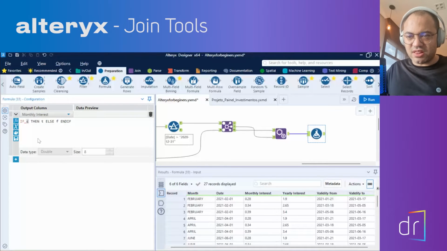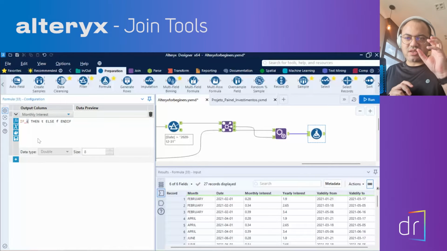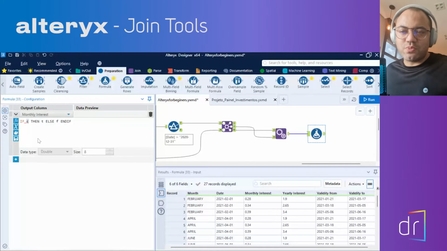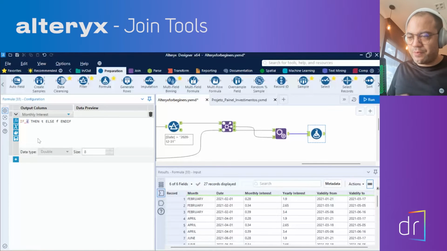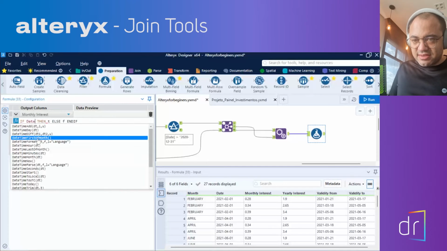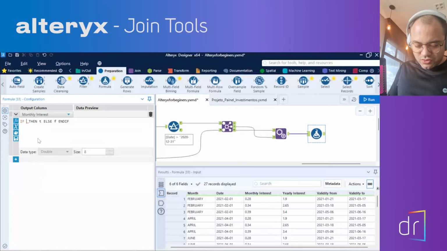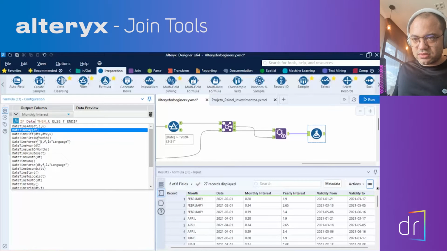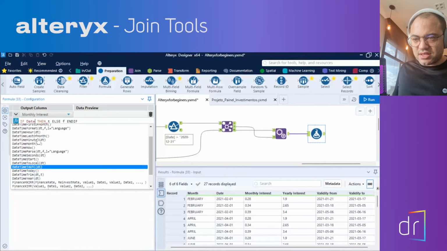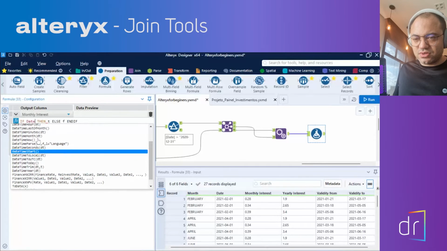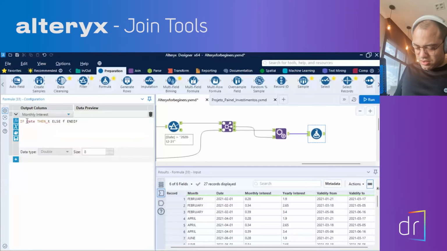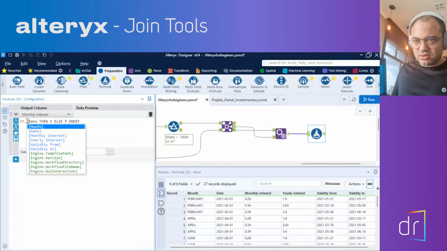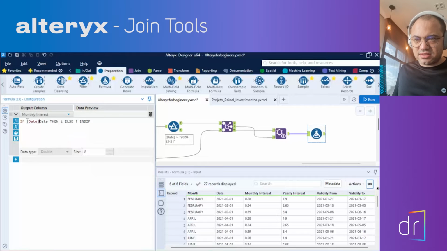So let's change the letter C for the condition, the expression that needs to be met. The expression is if the field date, let's select the name of the field. You can do it like this, the field date